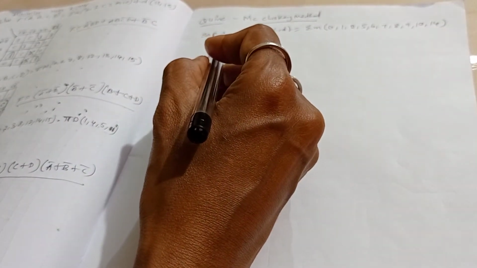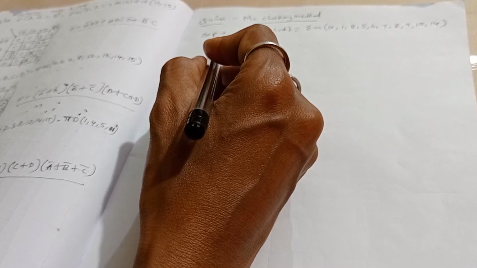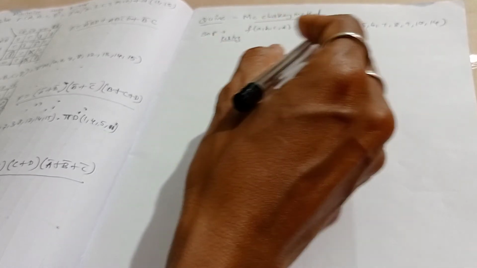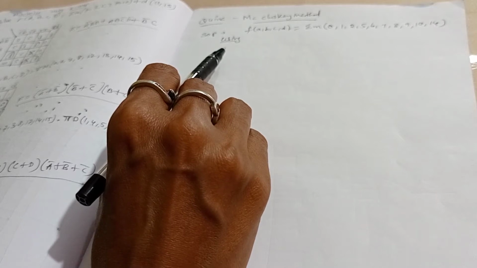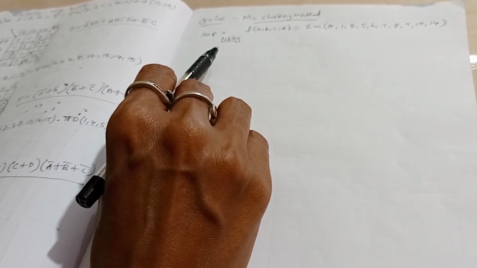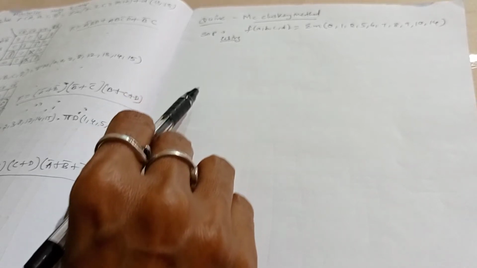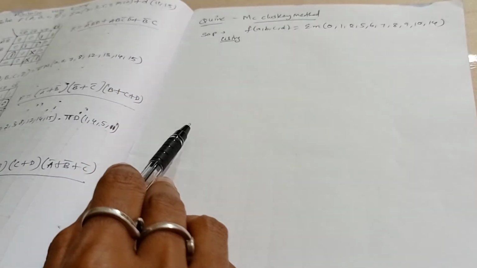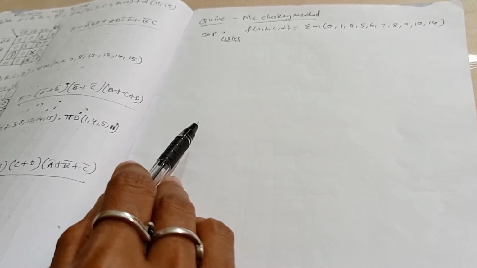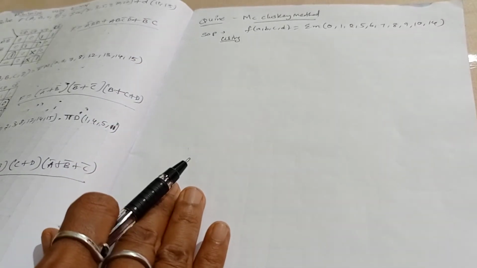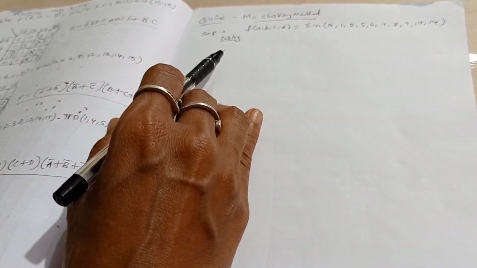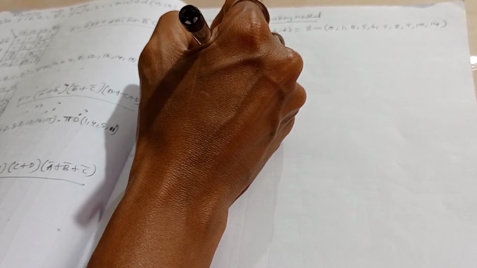In solving this procedure, we have two steps. The first step is to arrange the given minterms. That means we need to write minterms for this given SOP. The minterms should be written in ascending order, and we make groups based on the number of ones. So what I am doing is first making the groups with the number of ones and writing the minterms. That is stage 1.